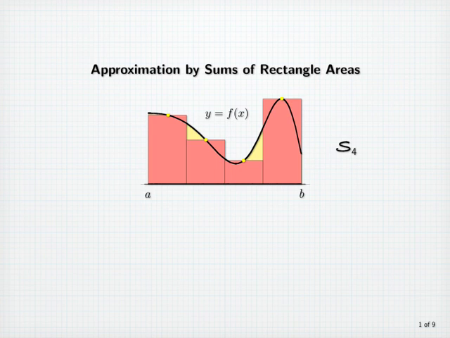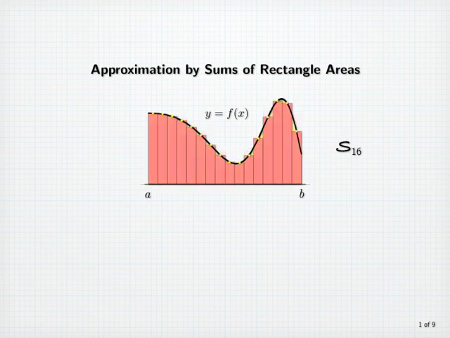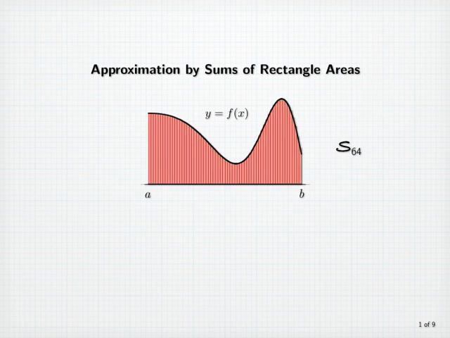of the 4 rectangles. If we increase the number of rectangles to 8, we have a picture like this, and we'll use s sub 8 to denote the sum of those areas. Here we have 16 rectangles. Here we have 32. And this is an approximation using 64 rectangles, which appears to be a fairly good approximation to the area under